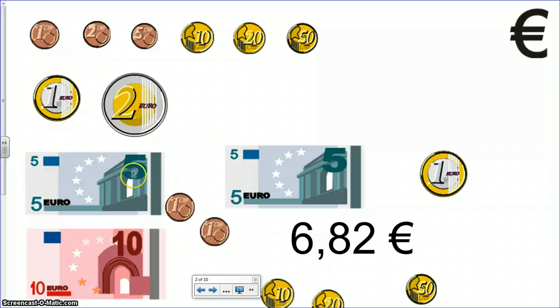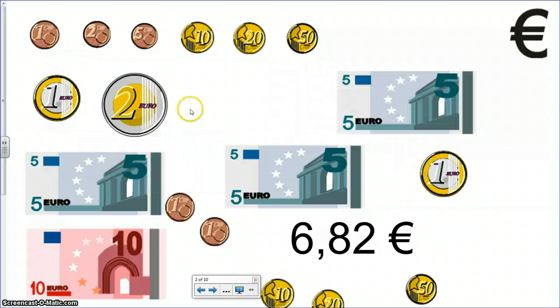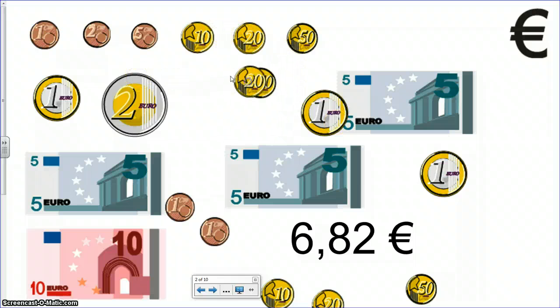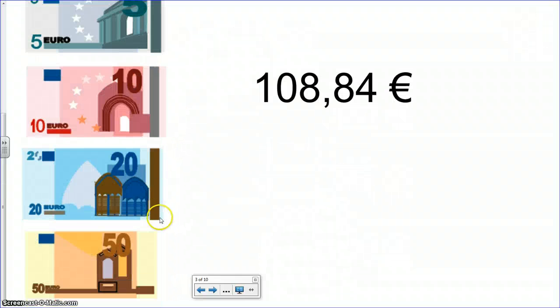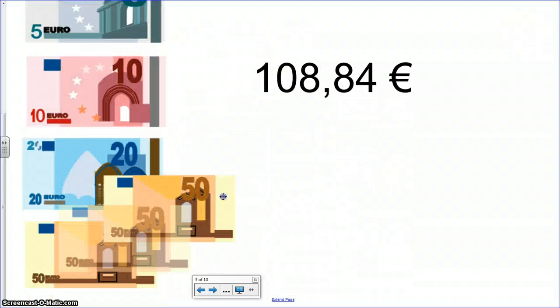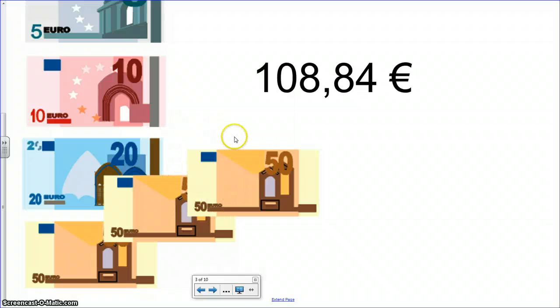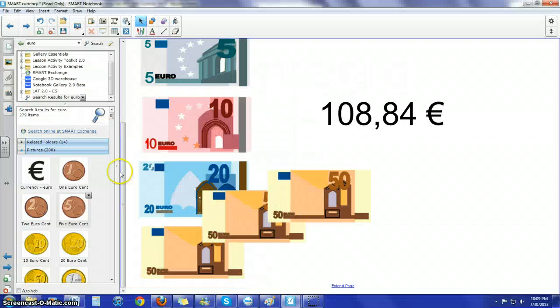So a student would have to know, look, the bill that I see is a 5. There's no 1, so I have to grab a coin, and I need 82. So I'd pull 50, 20, makes 80, and 2 for 6,82. 6 euros con 82. And I could just have a student come up to the whiteboard and they would pull for 100. So I would grab 2 50s,